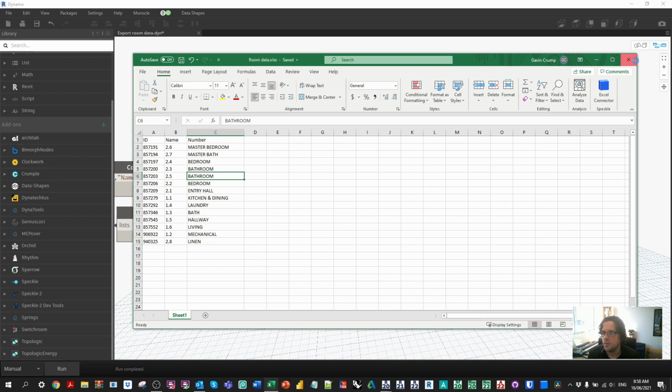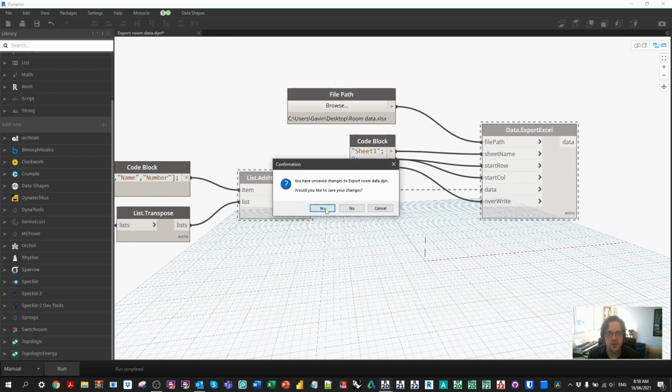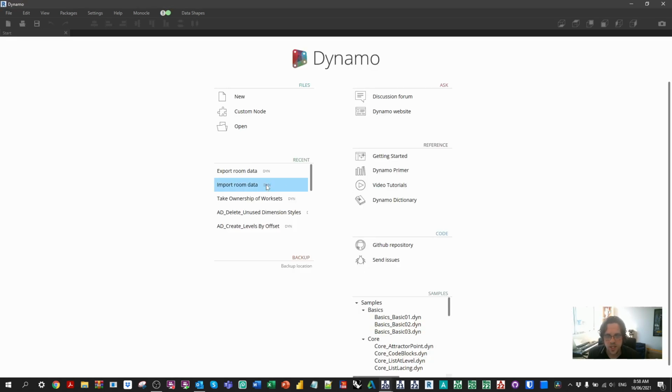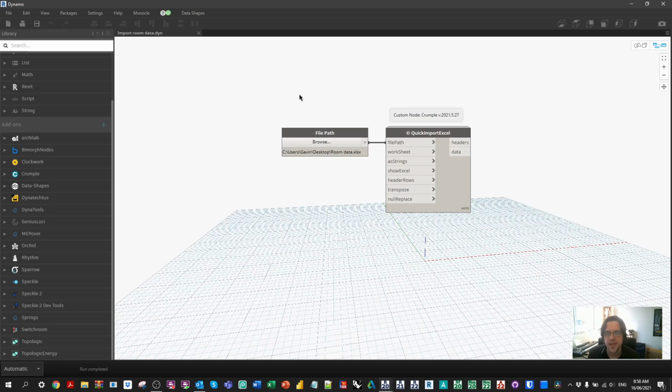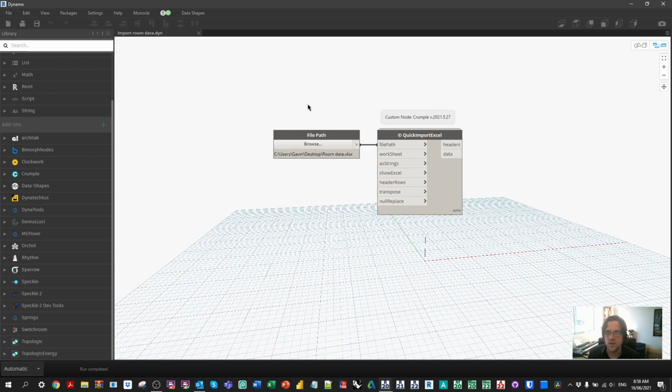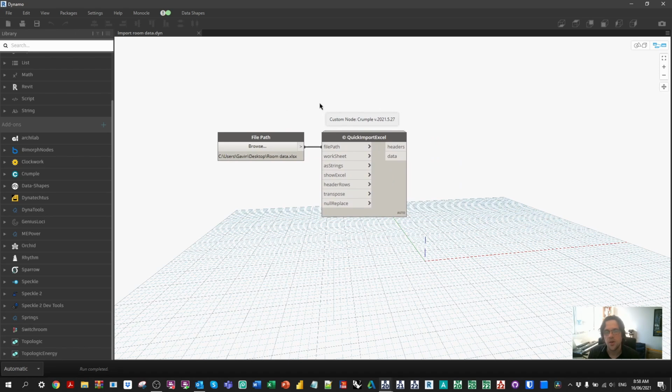Anyway, I'm going to take my room data and start working from another script I've just begun setting up, which is going to import my Excel data. I'm using a custom node from Crumple called Quick Import Excel. I always find that importing Excel data is a really slow process to set up, so instead I packaged all the functions into a custom node, and all you need to give it is